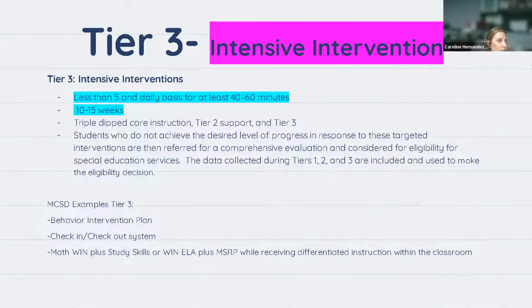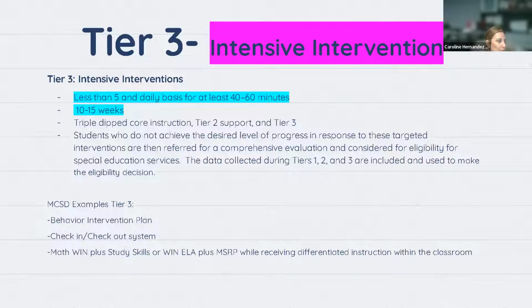One of the things that's very interesting is oftentimes students might have multiple different skills that are at deficit, and we really need to make a decision as to what we're going to target first. Because again, intensive instruction and interventions cannot fix all the gaps at once. So we're going to look at the highest leverage skill that if we were to fix that would help support the student's success across the board.